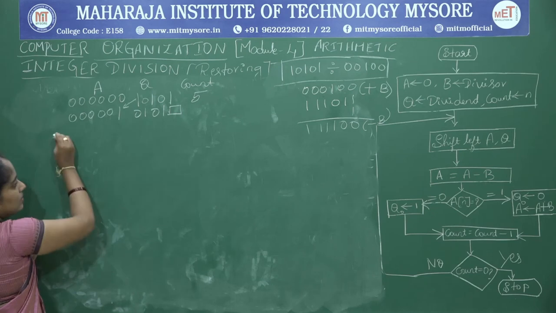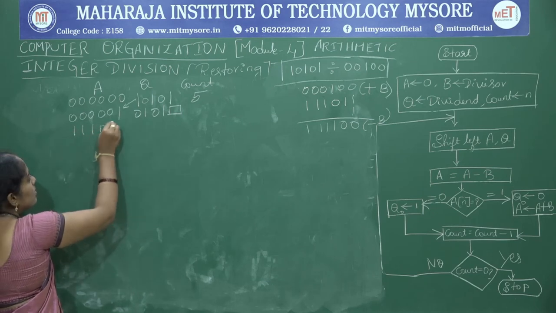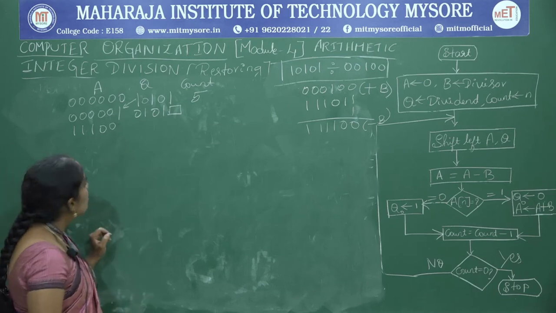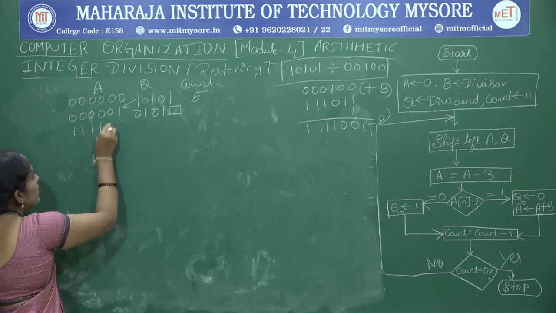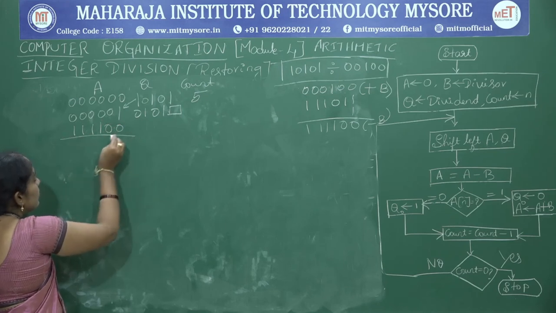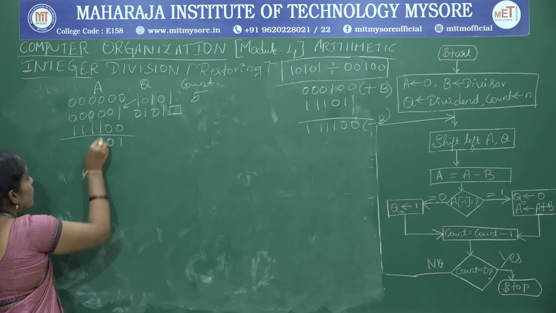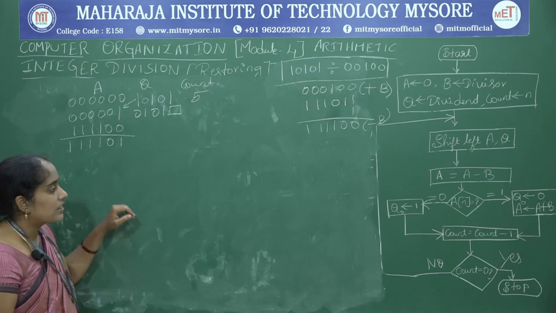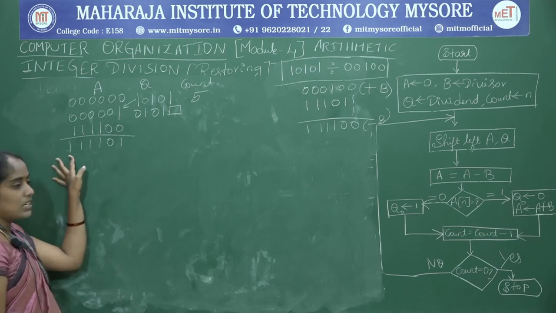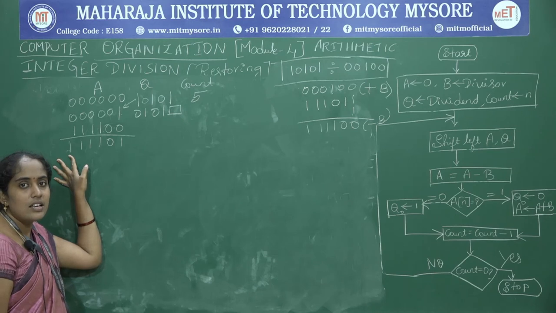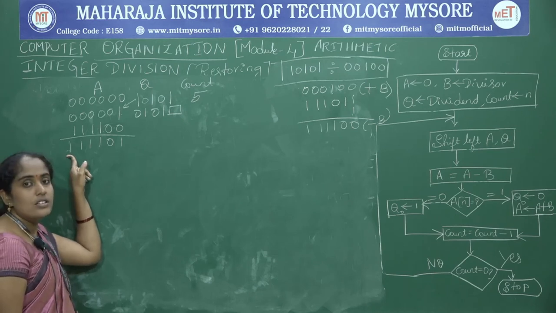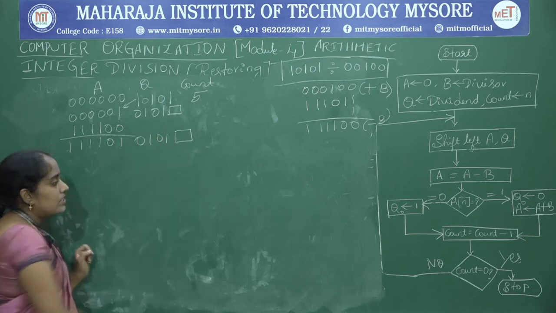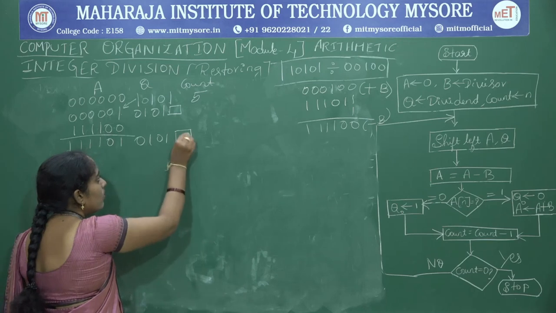So minus B is nothing but 1 1 1 0 0, right? Okay, sorry, 1 1 1 1 and 0 0. So what is the answer? 1 0 1 1 1 1. Okay, 4 ones. Okay, now check the A of n value, most significant bit of A. Now it is 0. Sorry, it is 1. So in that case, set Q0 value to 0.